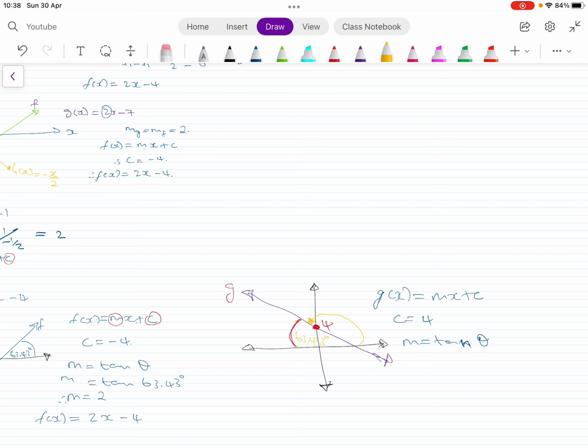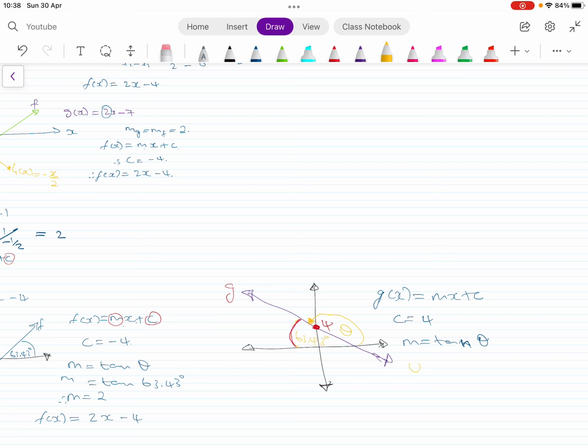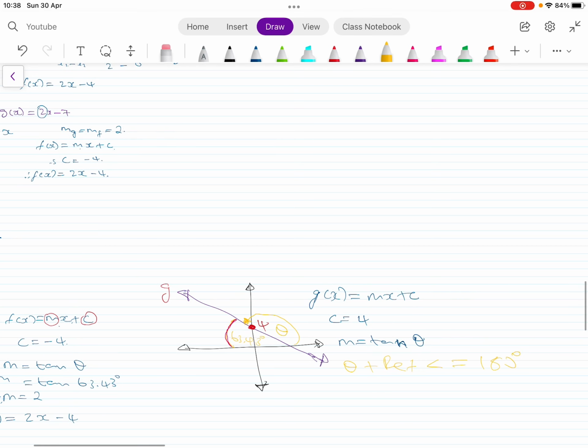So that therefore means that the angle of inclination, which is this theta, plus the angle that they give us, I usually call it the reference angle, gives us 180 degrees, because these are 2 angles which are on a straight line, the black straight line, which is the x-axis. So you can now use this equation to calculate the angle theta that you are then going to use to calculate m. Okay, and this is theta plus 63.43 degrees equals 180 degrees. Therefore theta is going to be equal to 180 degrees